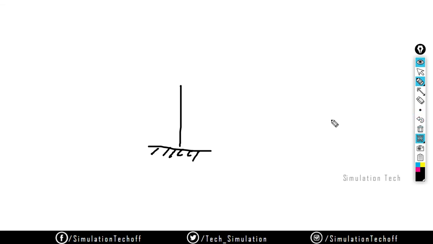So it can buckle like this, or it can buckle like this, or like this. So these are all A1, A2, A3, nothing but mode shapes.